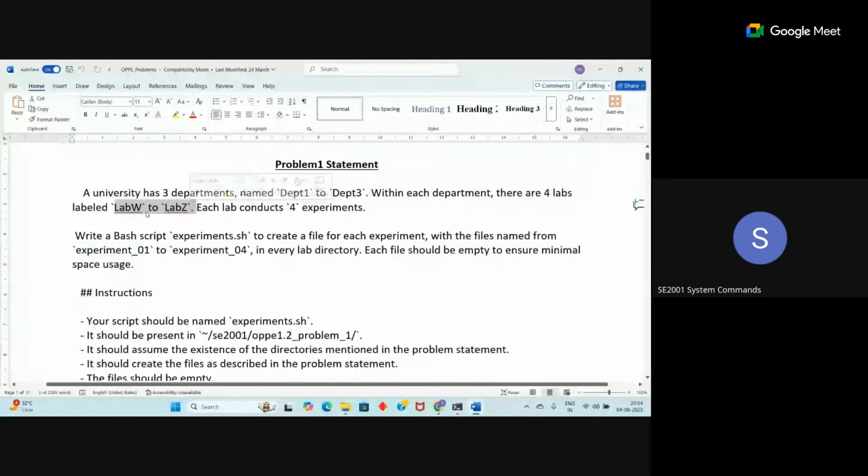That means you are asked, so this structure already exists, department 1 to department 3. First you need to create these folders. Inside each department, you have 4 labs. So lab W, lab X, lab Y, lab Z. So those folders, so